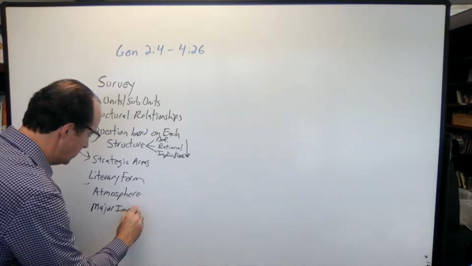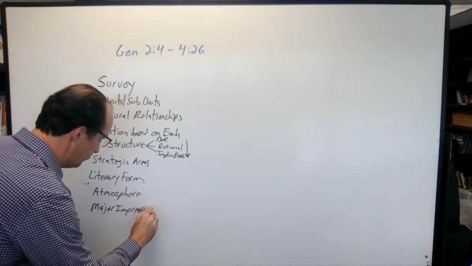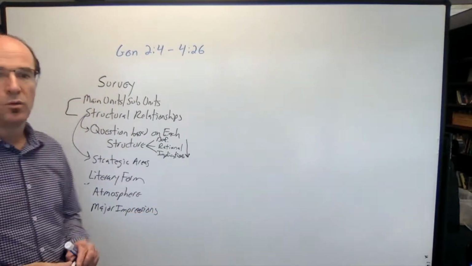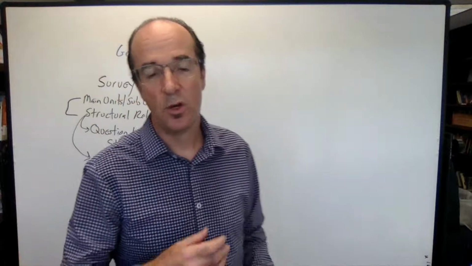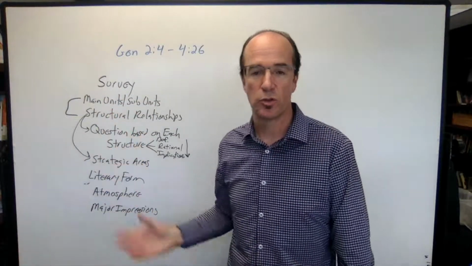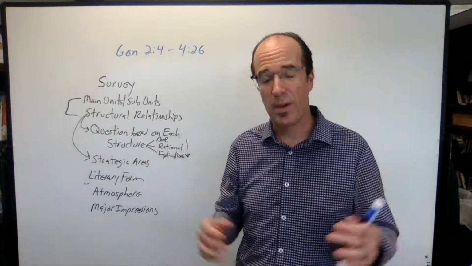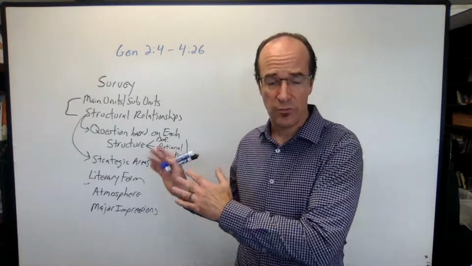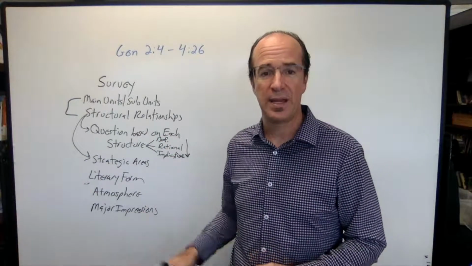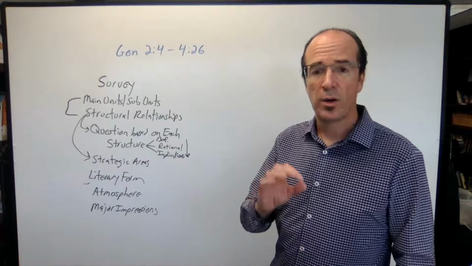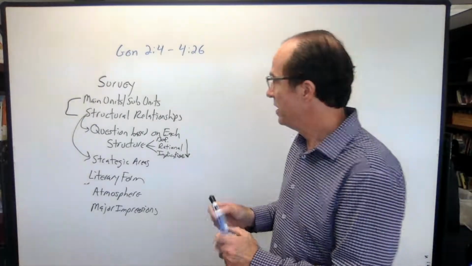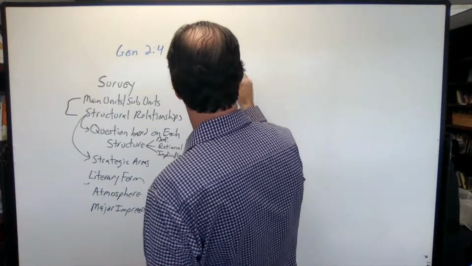So this is kind of a miscellaneous category that you can fill in with things that you don't want to lose that you saw in your survey, maybe minor structures that aren't quite major, maybe themes that didn't quite fit into the structures, but you can grab data here. So that's the survey. Okay, so one of the ways to move into interpretation